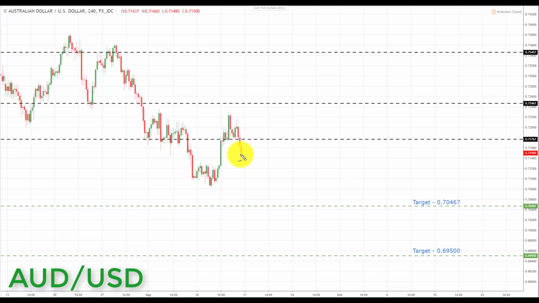So very simply put, if we get a pullback, and it would be good to see a little bit more of a push to the downside like this, and if we get a pullback and a retest of broken support, so if we really see this fail, pullback, broken support turning resistance, this is going to be a great place to start to look for bearish formations and patterns. And we're going to be looking at initiating shorts down towards the next key area of support to the downside and the target set at 0.70467. And if we can get a breakthrough here, we're going to be looking down towards the next key area of support to the downside and target 2 at the